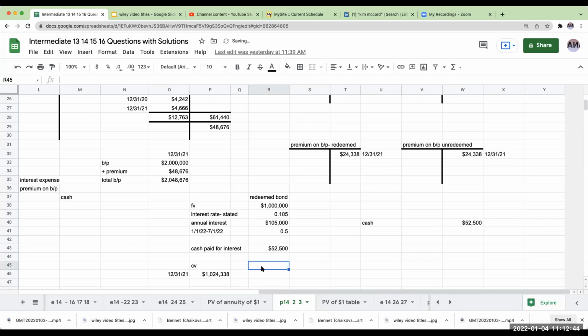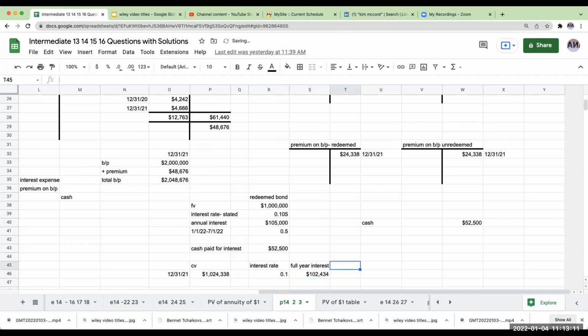My market interest rate, excuse me, let's take this back, my full year interest rate is 10%. So my full year interest is going to be